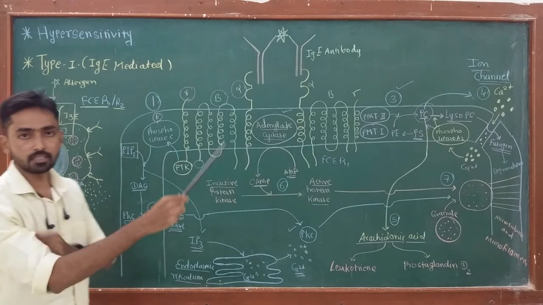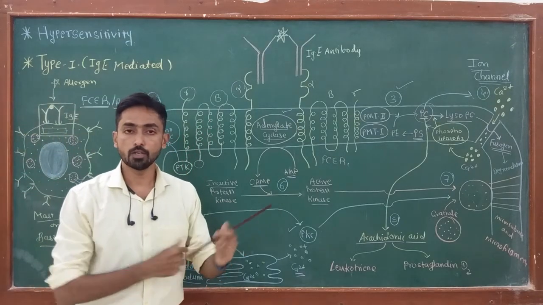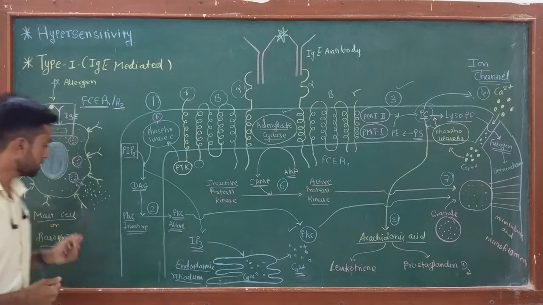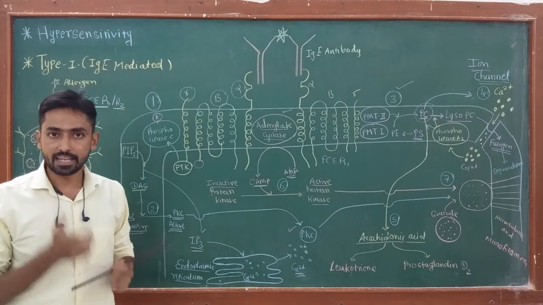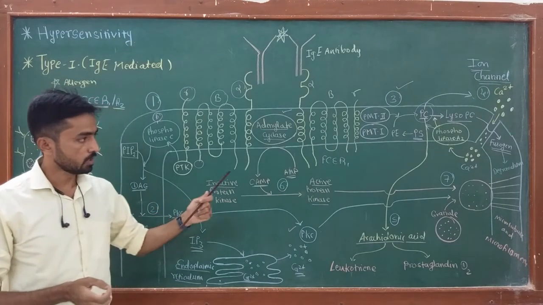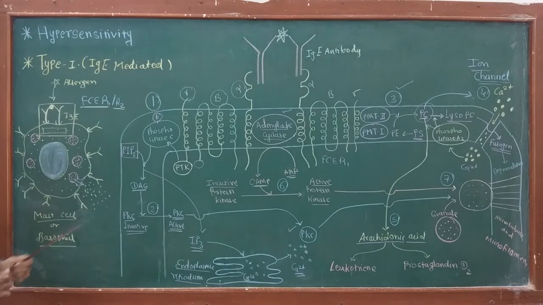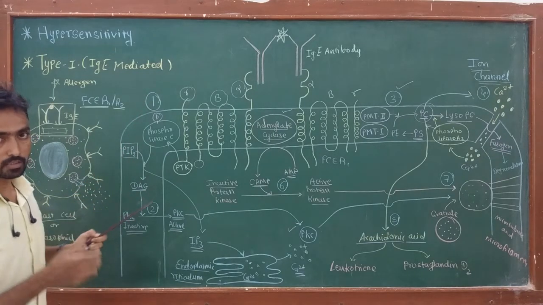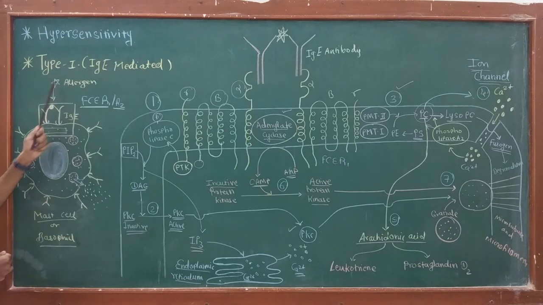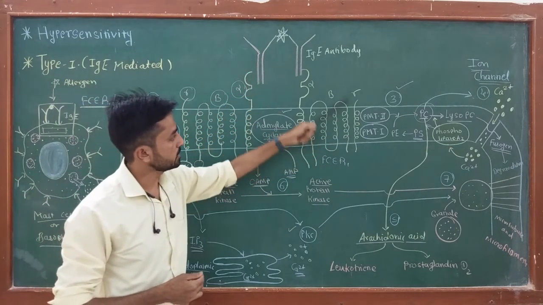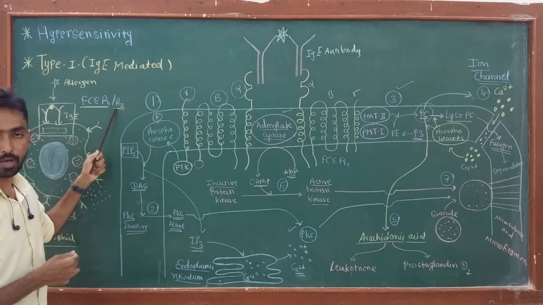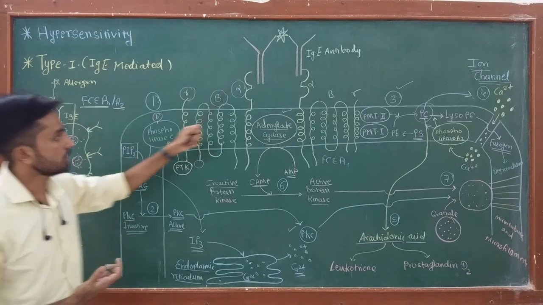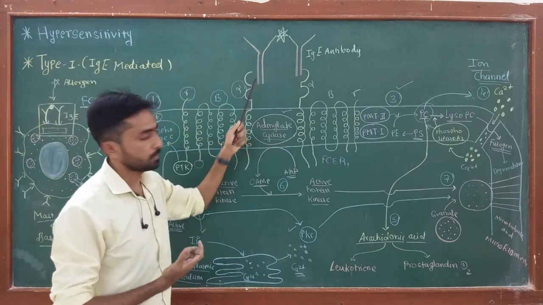So in this video, I have explained in detail the degranulation process which occurs inside the mast cell or basophil at the time of type 1 hypersensitivity reaction. The mechanism of degranulation is generally divided into 7 important stages. The reaction starts when an allergen molecule enters the body and cross-links the IgE antibody present on a special type of receptor, called the Fc epsilon R1 receptor. Why do we call it epsilon? Because the IgE antibody has a heavy chain of epsilon type.